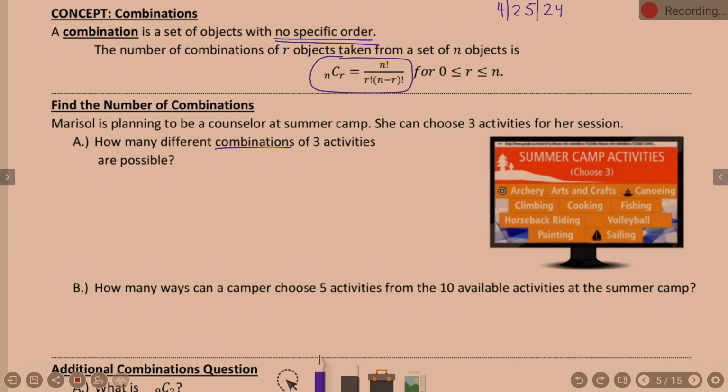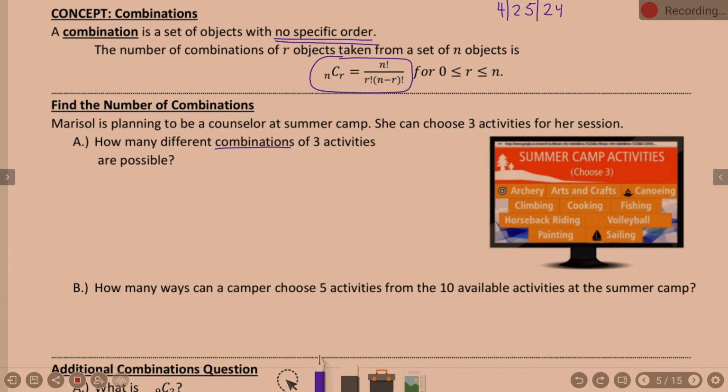When we're asking her to choose 3 activities for her session, what they're saying is, does order matter, what order you do those activities in? No. Okay? So that's the scenario here. We're not trying to look at how many different arrangements she can pick, but just how many different groups of 3 are there, essentially. Okay? So, with that in mind,